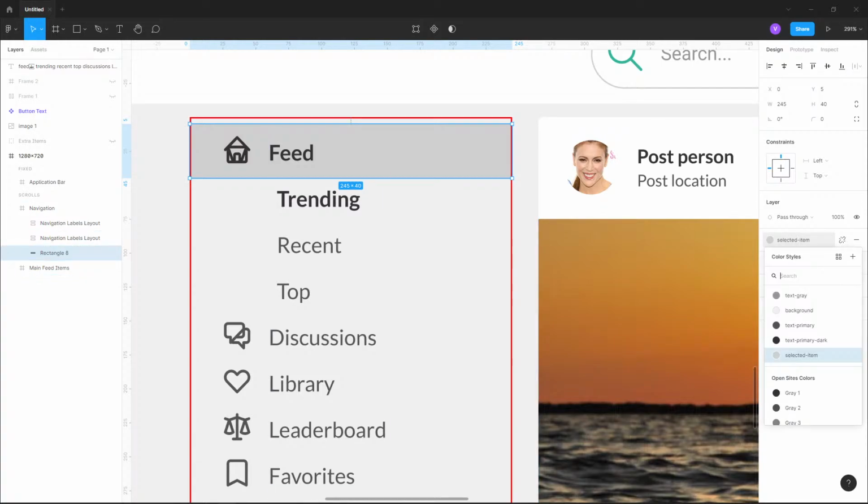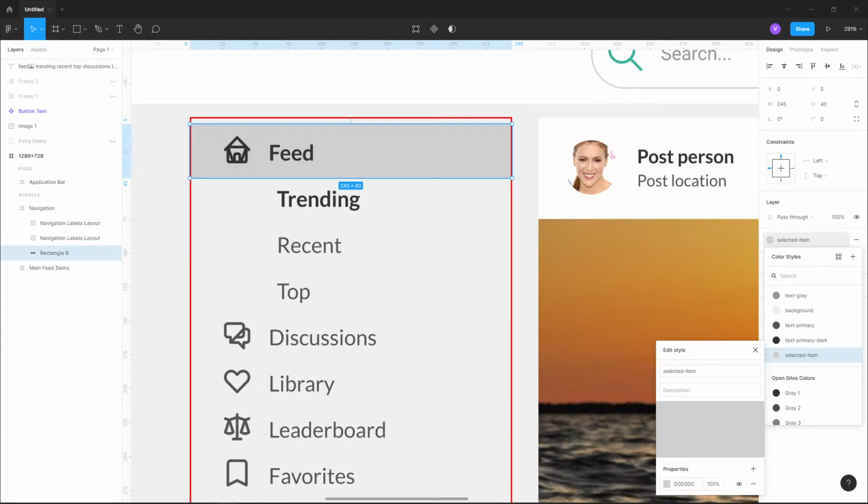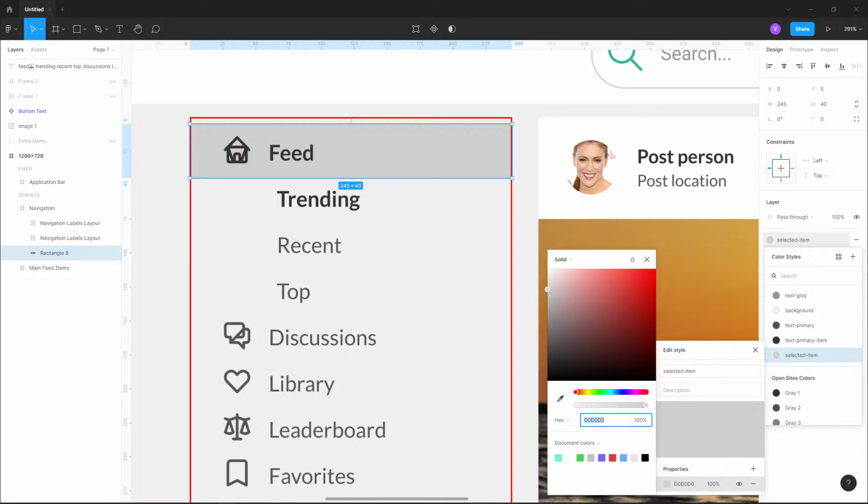And then we'll go into that, we'll click it, we'll go to the right and we'll hit edit style. Hit the hex value, and then we'll just make it a little lighter. Or even a little darker if you want, it's up to you. In fact,